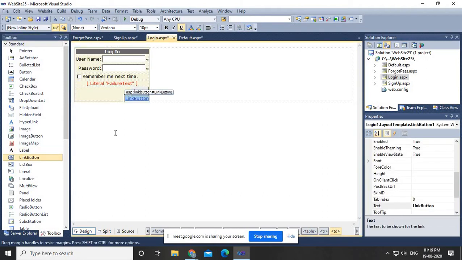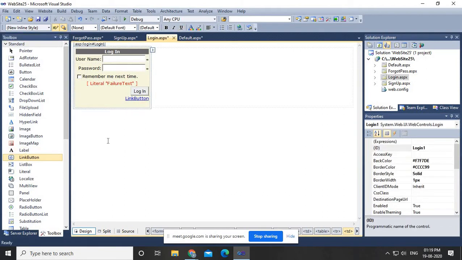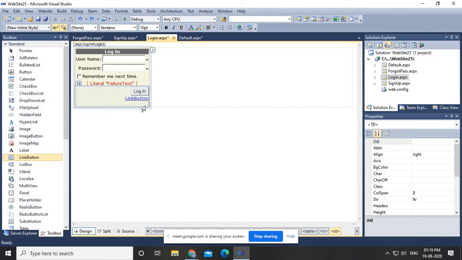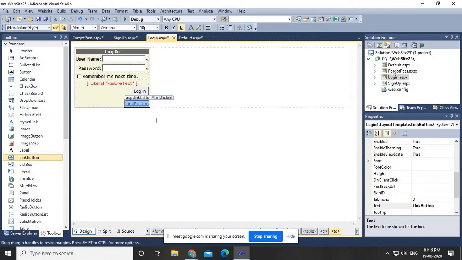Link button 1, and here you put another link button.